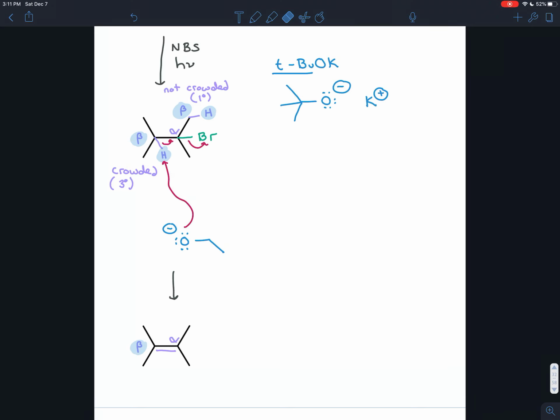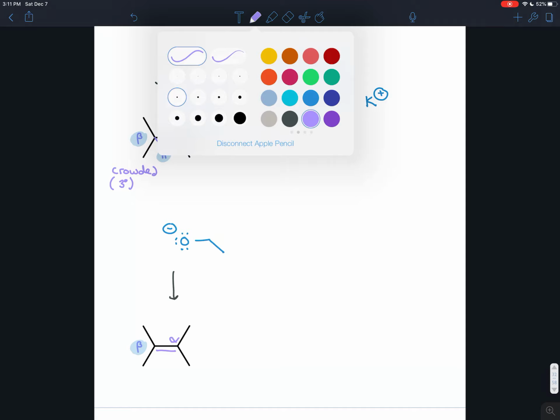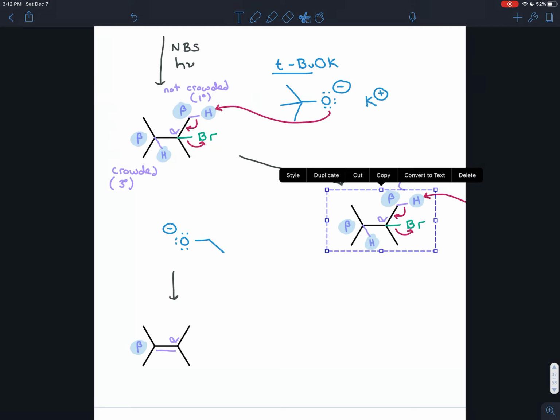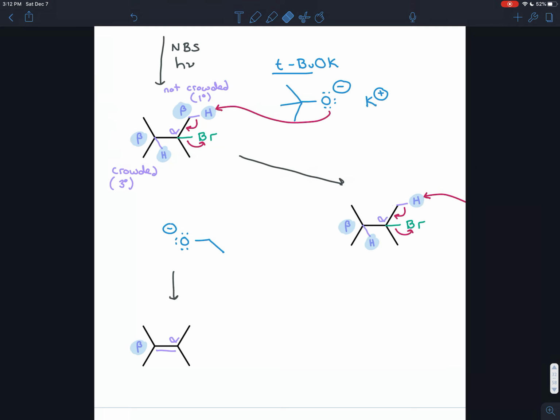On the other hand, if you have a bulky base, like potassium tert butoxide, the bulky base won't be able to reach the more crowded beta hydrogen. It will steal the less crowded beta hydrogen. The electrons will still go toward the leaving group and kick the leaving group off. So you still form a pi bond,